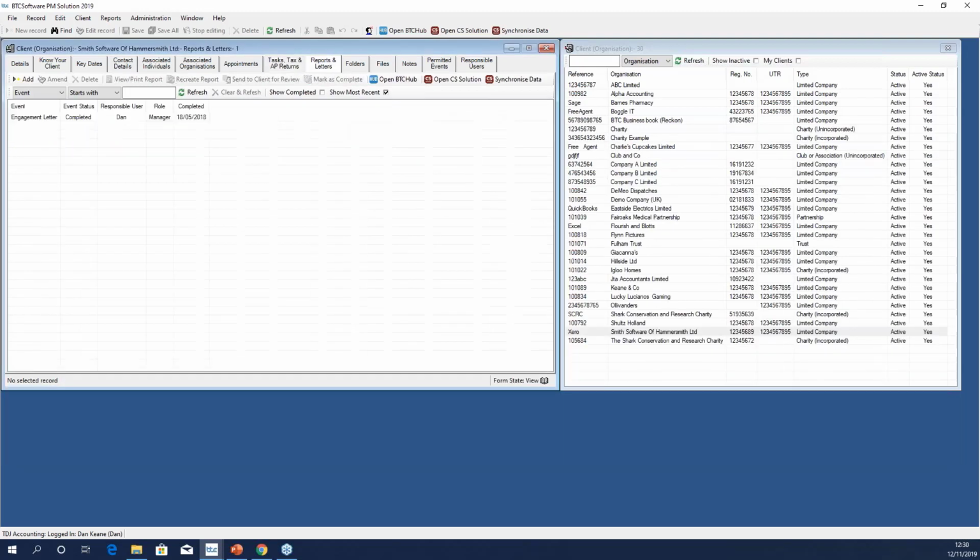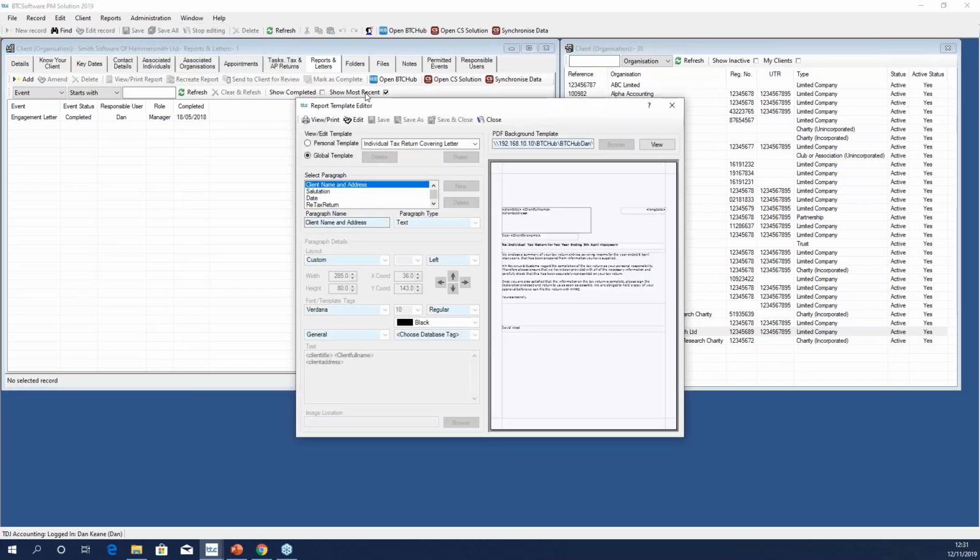Now to move on, we've got reports and letters. This is where we can create global templates for client letters, like engagement letters, tax questionnaires, payment reminder letters, and also covering letters. So they're going to be on the front of your year-end accounts and tax return reports. So if I go to administration up at the top here, and report and template design, we'll start with my